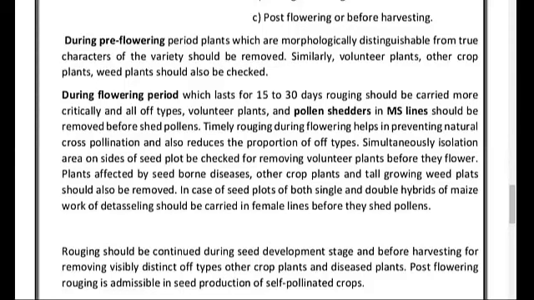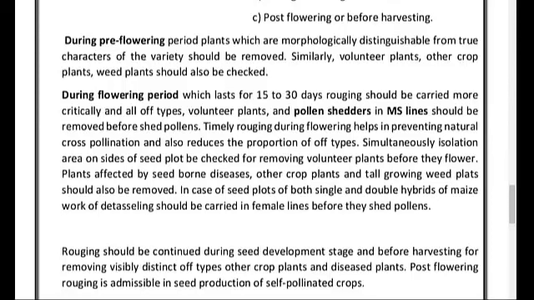During the flowering period, which lasts 15 to 30 days, roguing should be carried out more critically, for off-types, volunteer plants, and pollen shedders in the MS lines. So during pre-flowering, you have to check the character, whether they are volunteer crops, off-type plants, or some type of weeds. During flowering, that is after 15 to 30 days of the first roguing,